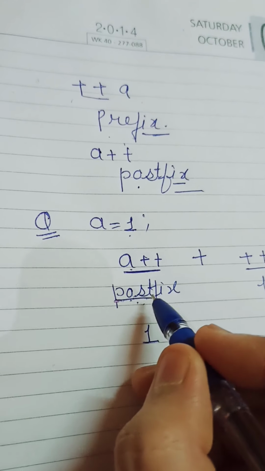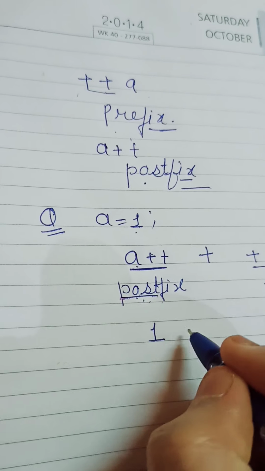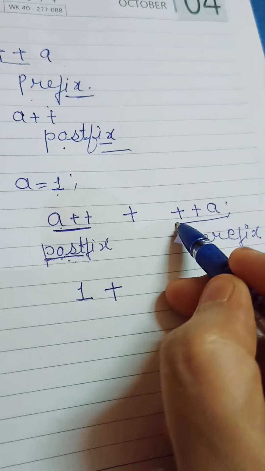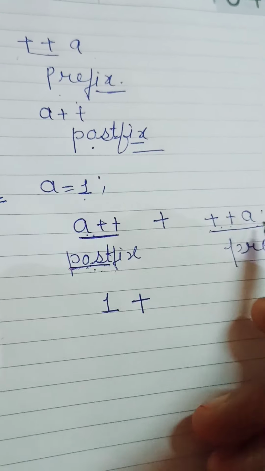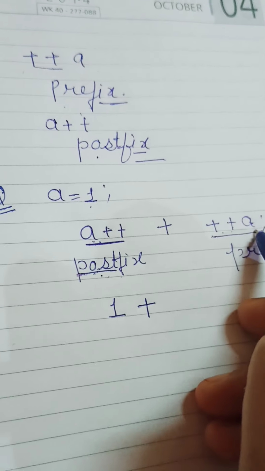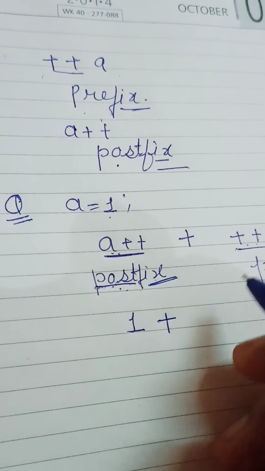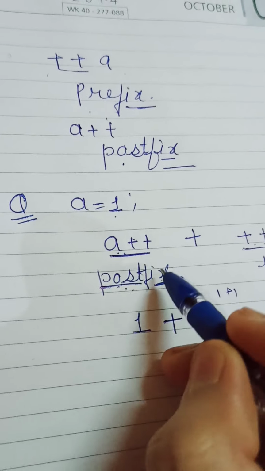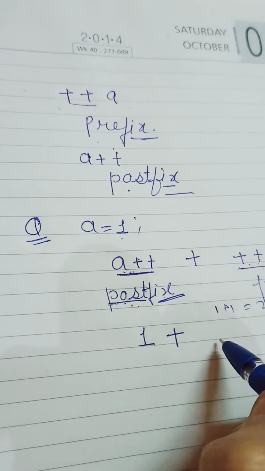It is telling me to increment me later. So I am leaving this operation for later. Plus. Now here what is here? Plus plus a. And now the point to be noted is, as you can see, this a is coming again in the statement. So now it's time to complete the postfix expression. So that means now I will add the 1 to 1. That means I will increment this value, this postfix at this time. The new value is 2.